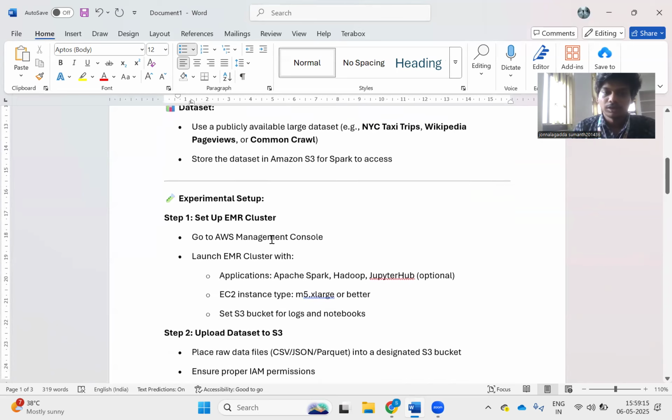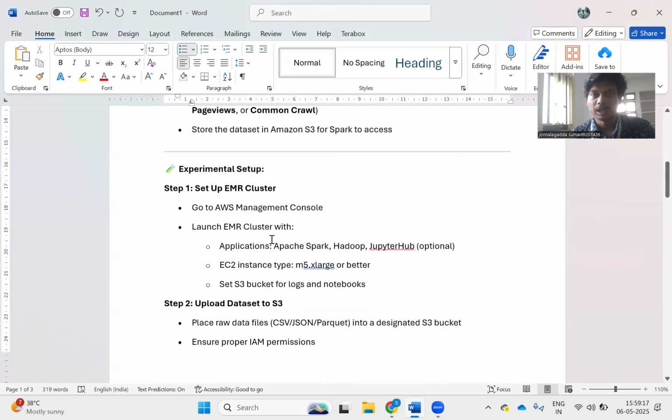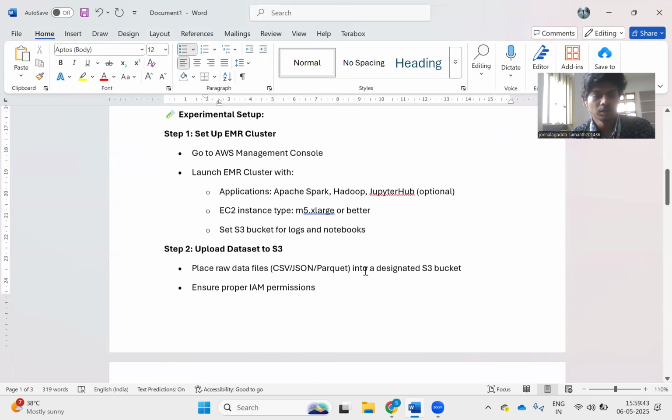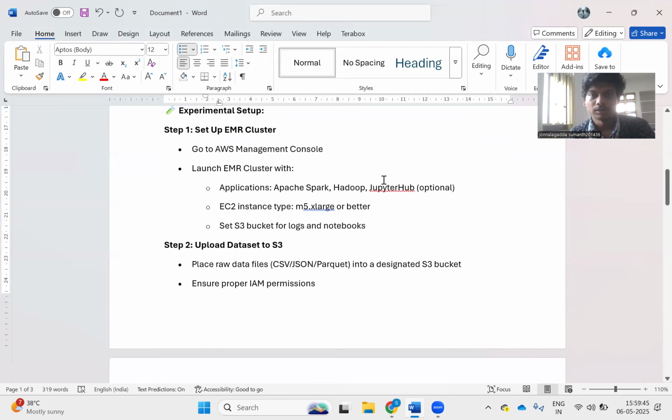Experimental setup. Now we are going to set up EMR using Apache Spark. Go to the AWS console and launch the EMR cluster with the applications Apache Spark, Hadoop, and JupyterHub, with EC2 instance type M5 or better. And now set up the S3 bucket for logs and notebooks. Now upload the